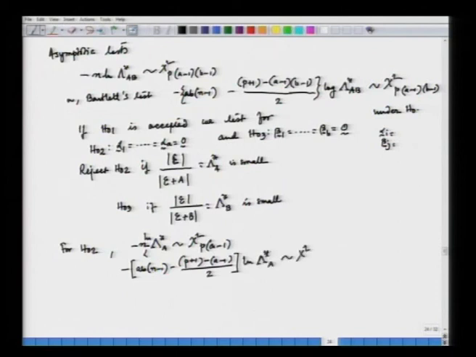This follows the same chi-square with A minus 1 under